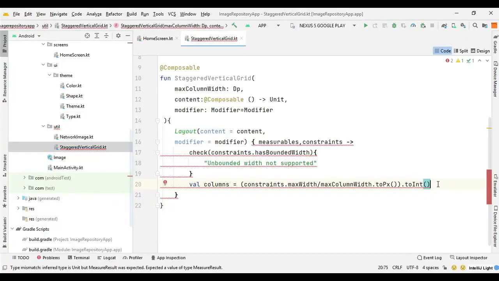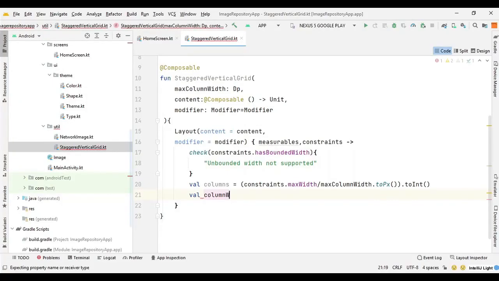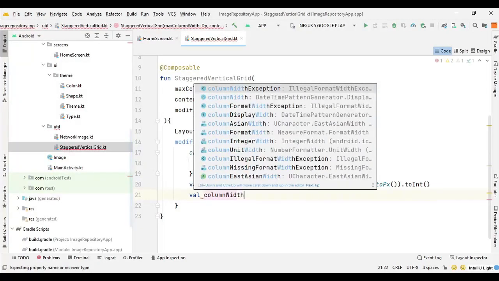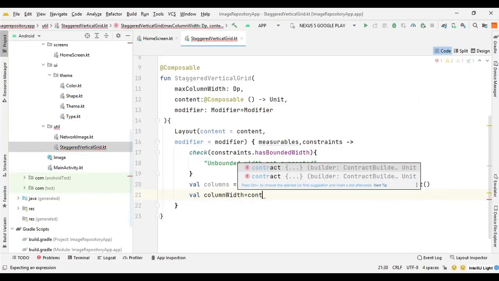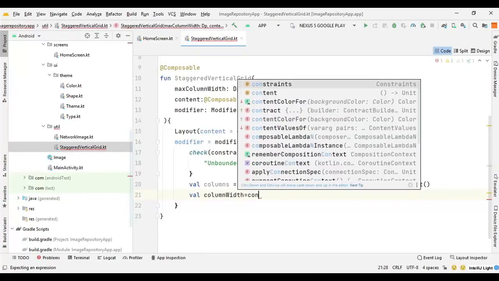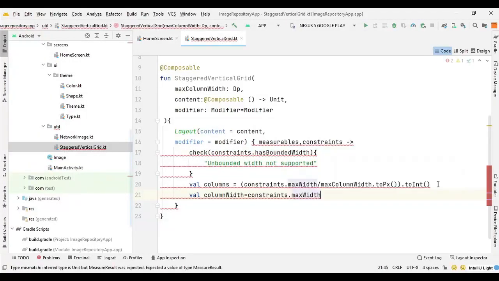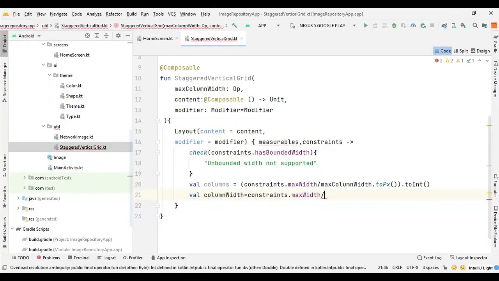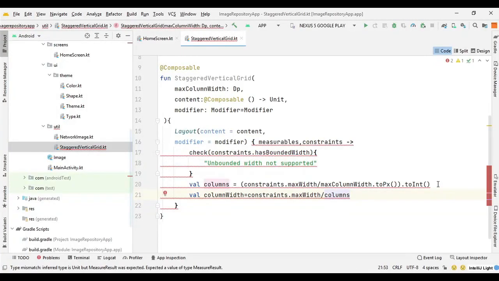Then we need to define the width of the column. So we can say val column width, and here we can say constraints dot max width, and then we can divide it by the number of columns to get the column width.